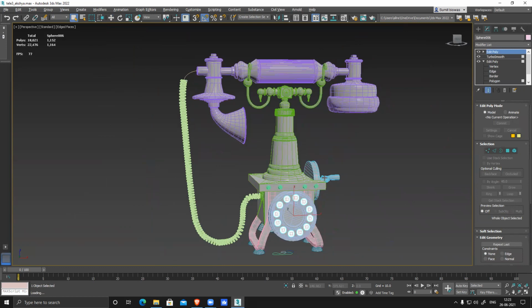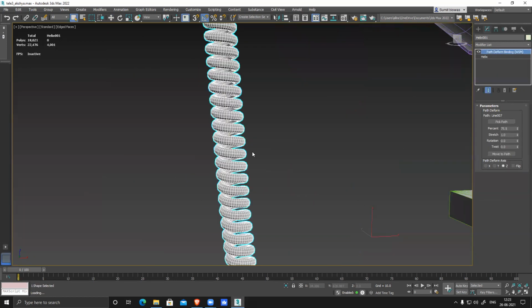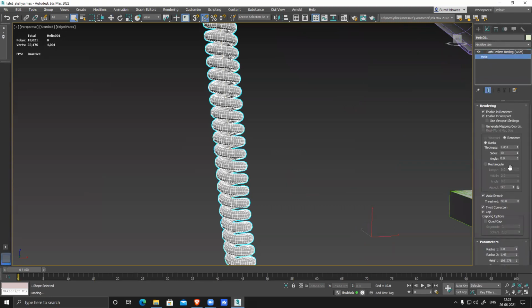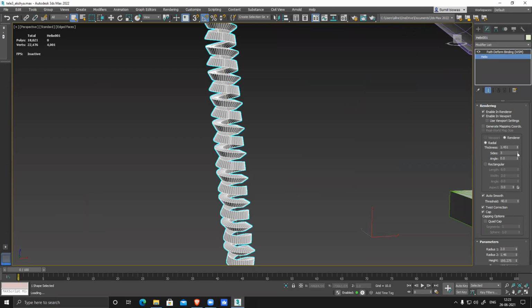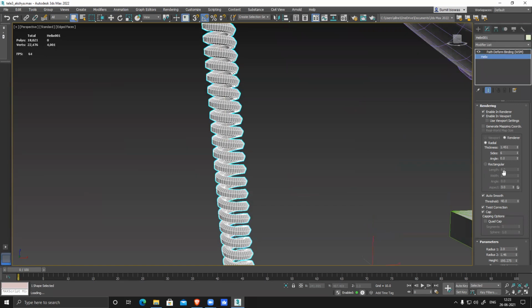Sir, the wire part. I can't find this. Oh, it's way too dense. Twist and rotate you have applied. Sides, not 3, 4, 5, or max 6.